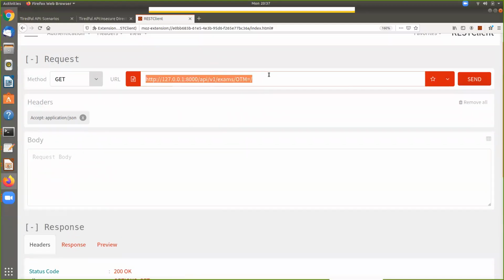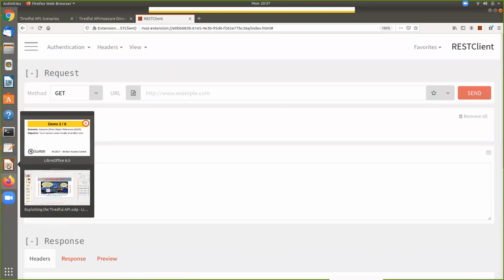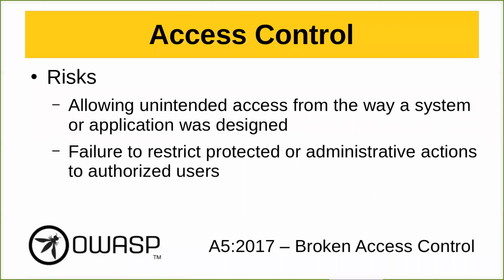Go ahead and clear this up, and we'll go back to the slides here. The next thing we're going to talk about is access control. The risks around access control are allowing unintended access from the way a system or application was designed, which would include failure to restrict protected or administrative actions to authorized users.